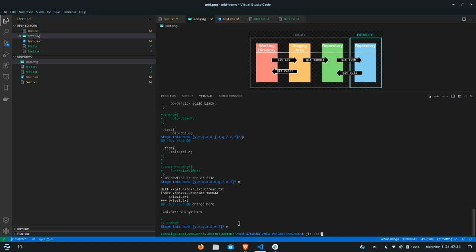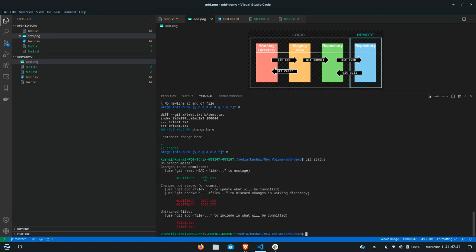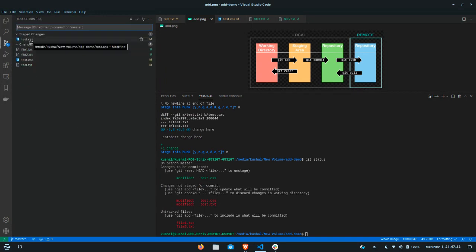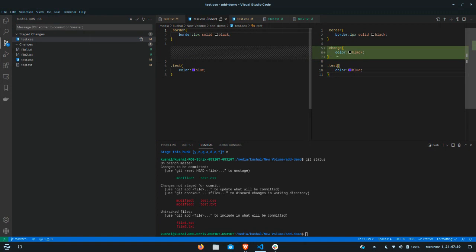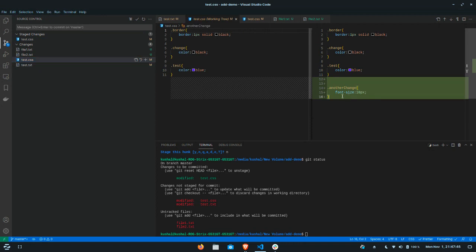And if I check git status, I can see that test.css is both staged and modified. If we go via the UI, we can see that the change class is added to the staged changes, which means the color black is added in the staged changes, whereas the other change is still present as an unstaged change. So this is how we can selectively stage portions of code and then commit them correspondingly, and have more power and flexibility over commit messages and